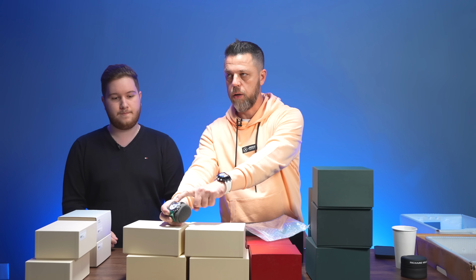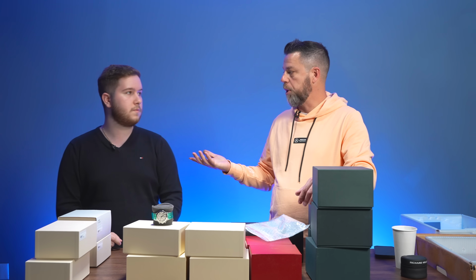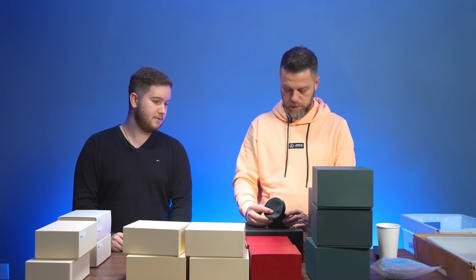You can look at it up here, and you have certain date wheels, which is just one wheel that goes around. It's a lot easier to implement, and those are the ones that usually end up at 4 o'clock, by the way. Right. So the single date wheel is one wheel that goes around the watch, where up here you have 2 discs that change, one disc that's 0 to 3, and